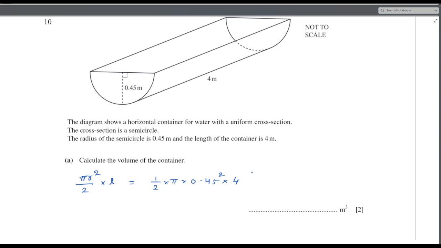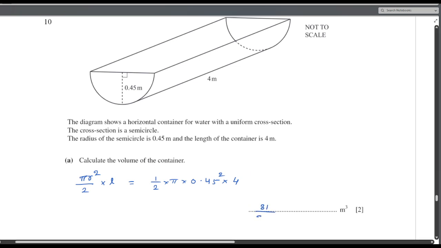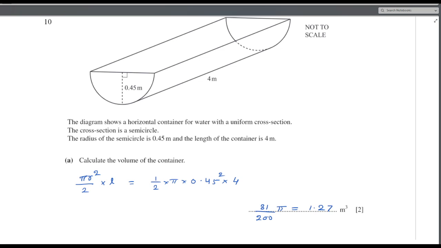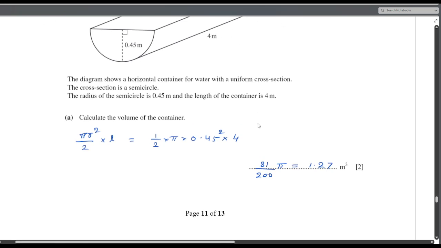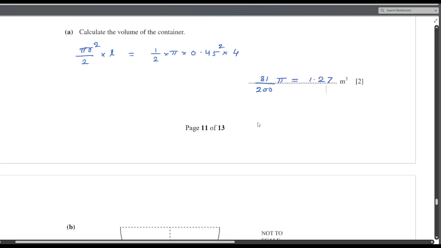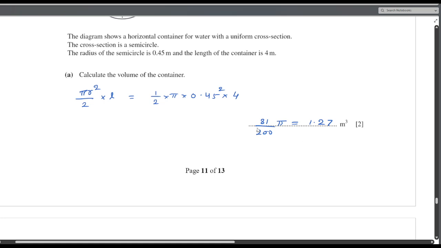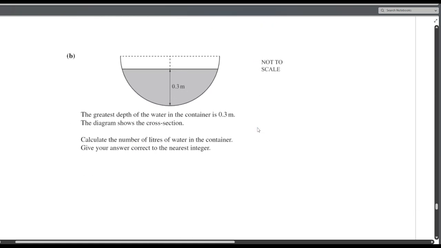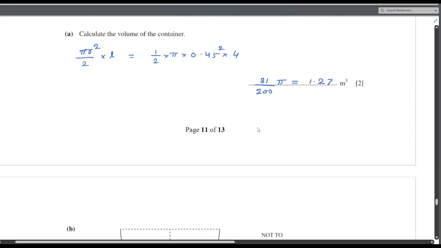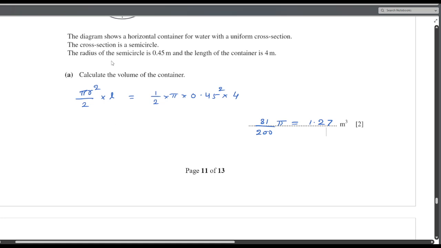So result is 81 divided by 200 pi, or it is 1.27 meter cube. The value is small because here your radius is small, it is less than 1 meter, right? They asked me answer in meter cube. Fine, calculate the volume. The A part is for 2 marks because only the formula and putting